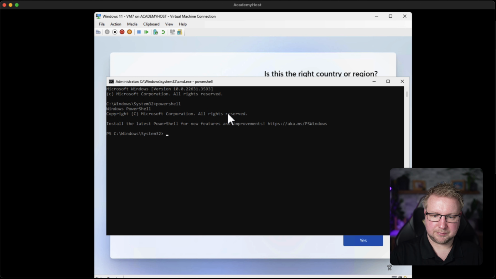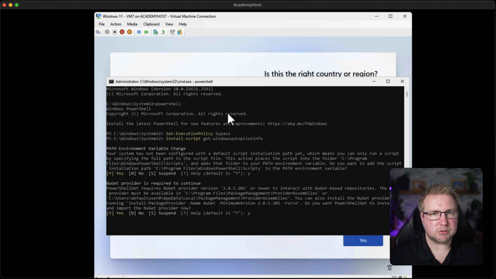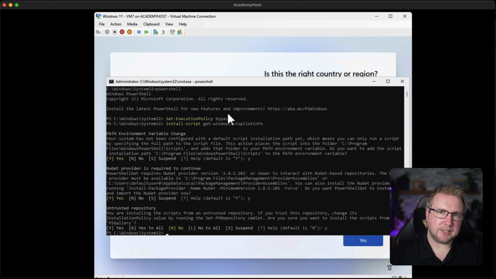PowerShell. There are many ways to get the hardware hash. This is just the one I prefer. So PowerShell. Now we need to set the execution policy to bypass, and that means we can install script Get-WindowsAutopilotInfo. We need to go through these changes to allow the actual script to install. And once we're finished, we can run the script. So let's do